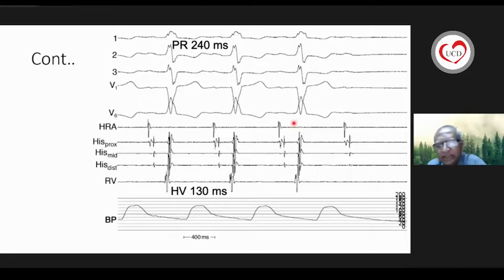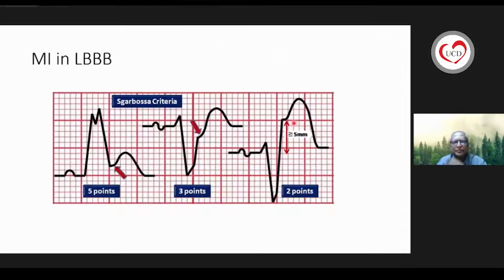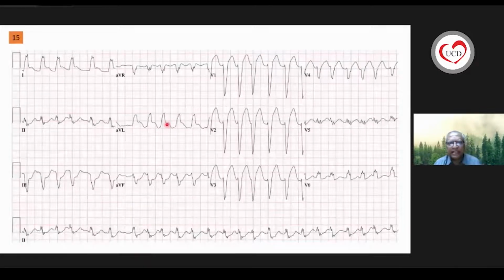So the EP study is restricted to an occasional situation when you're not able to decide clinically what is required as a next step. Switching gears, among patients with left bundle branch block, diagnosis becomes difficult because the initial vector in the septal activation is altered. There is a difficulty in diagnosing acute MI,